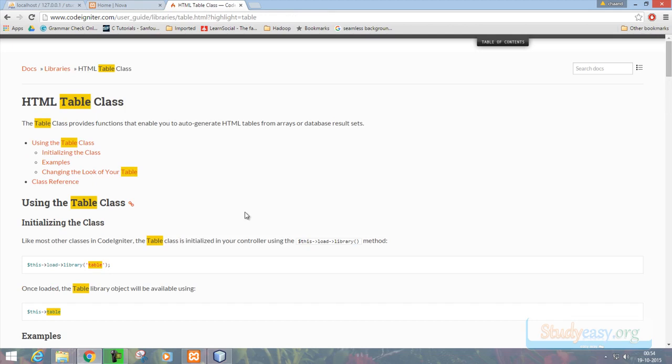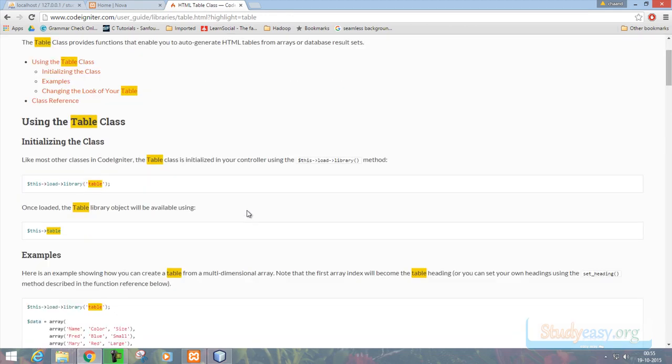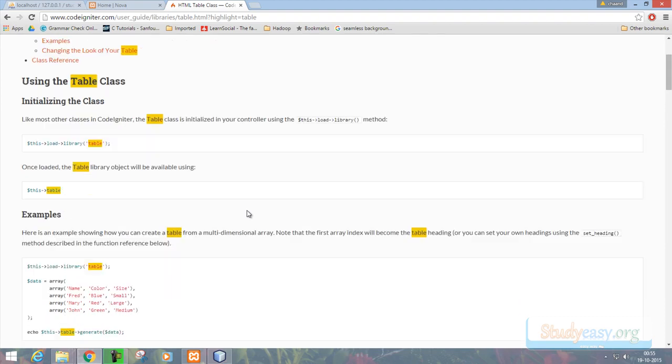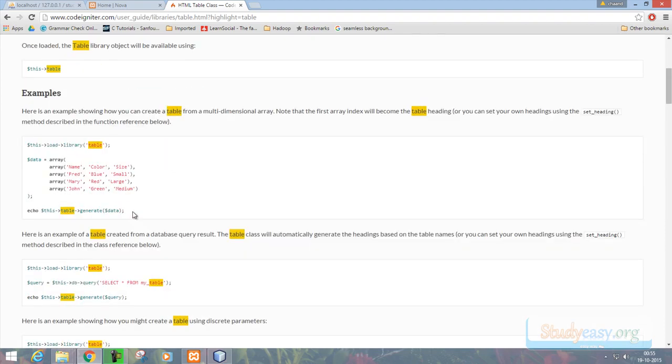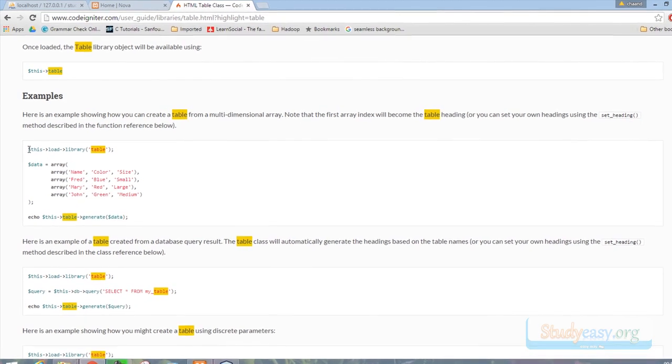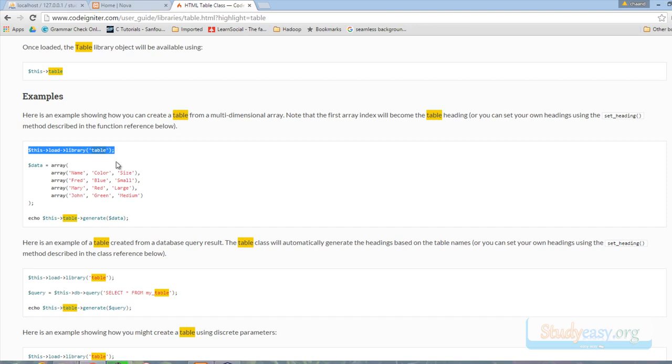There is this library available with us using which we can generate a table, and the table would be generated in an HTML table format. Now friends, the table class always accepts an array. If you check out this very simple example, we have simply loaded the table library and passed this array to the library, and the table class will generate the table for us.